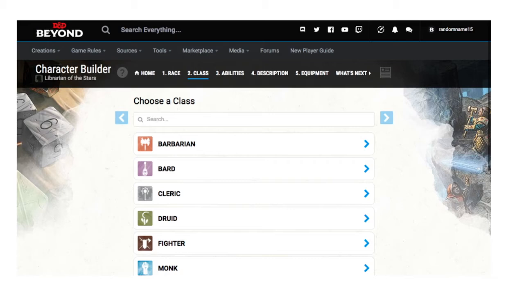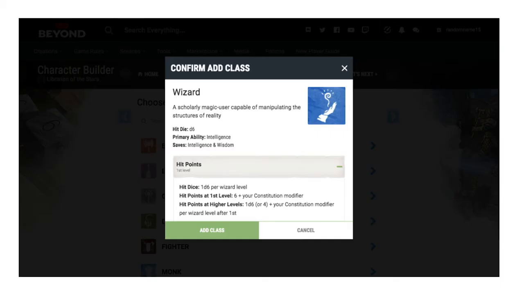Next, we decide what class we're going to be. If you click on each class option, it will give you a little detail about what the character does. This is where that player handbook comes in handy. It's better to look over each class in there and then make your choice. So just to make things interesting, we're going to choose to make a wizard. A wizard is a spellcaster. You will see that the Confirm Add Class window pop up, and this gives you a little more information about